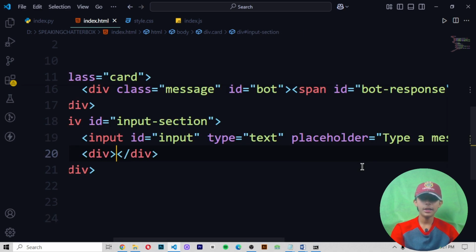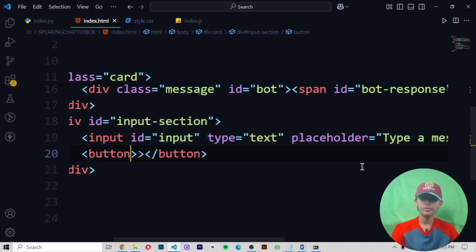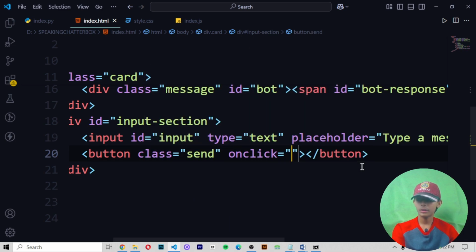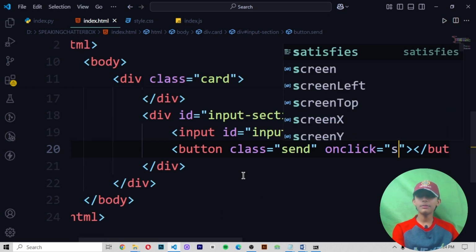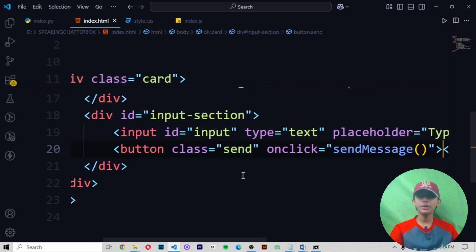Then we define a button, not a div. The button's class will be send, and onclick we write sendMessage. Perfect. Now we press enter.